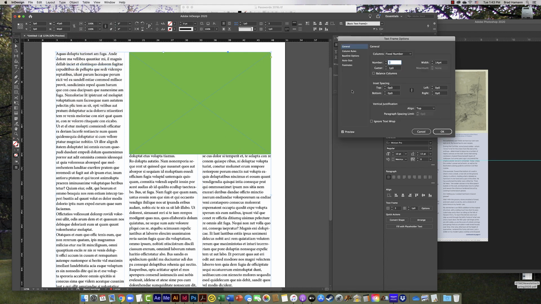and we can set a baseline grid at the line spacing. So we'll do 13, okay,